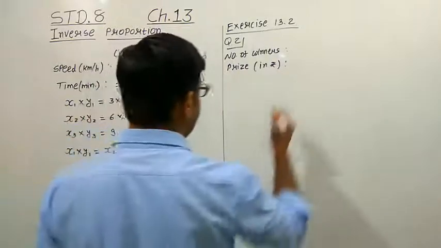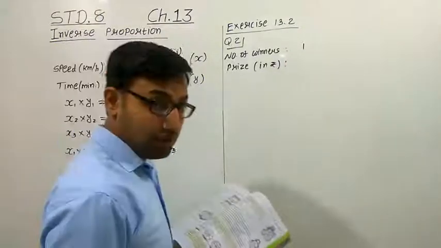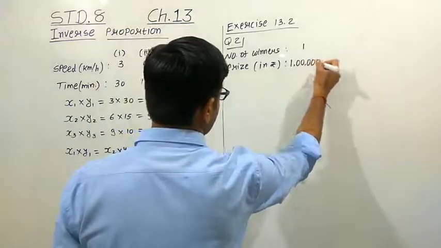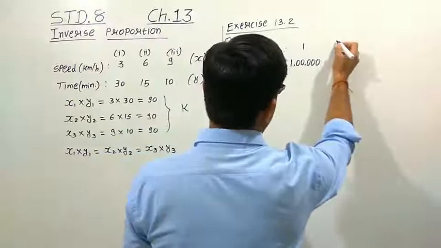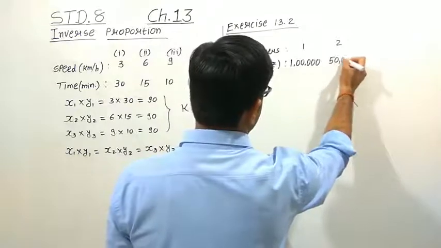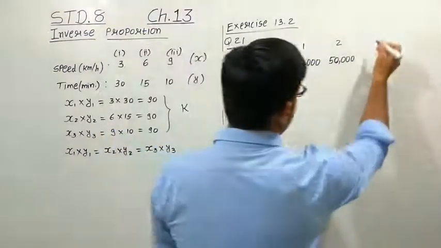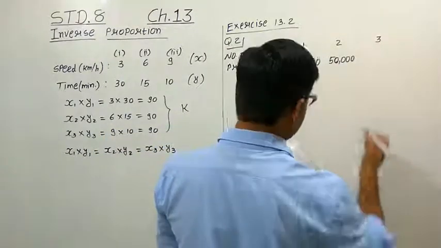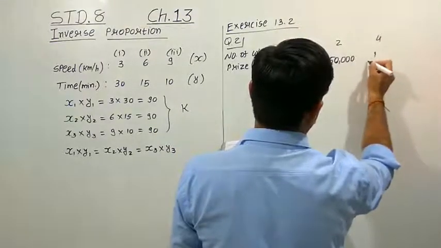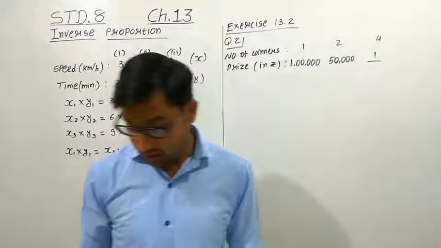So it is given that if the number of winners is 1, only 1 is the winner, then the total prize is given to that winner, and the total prize is 1 lakh. For the second case, if the number of winners is 2, then each winner will get 50,000 of the prize, because the 1 lakh we have to divide amongst the 2 winners. If the number of winners is 3, then if the number of winners is 4, then here we have to find out how much prize each of the winners is getting, right?